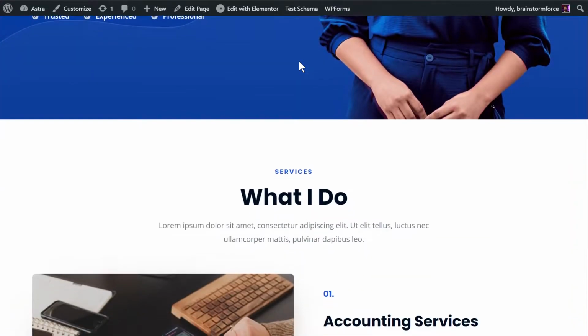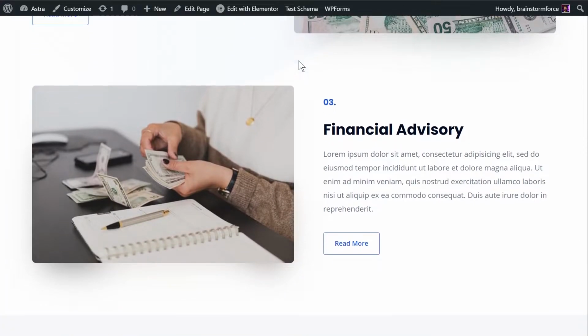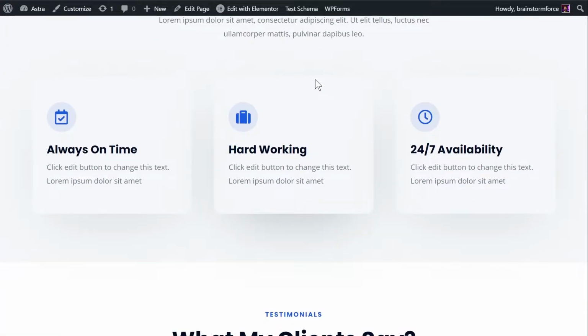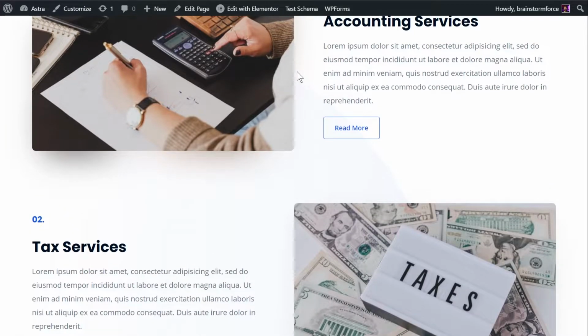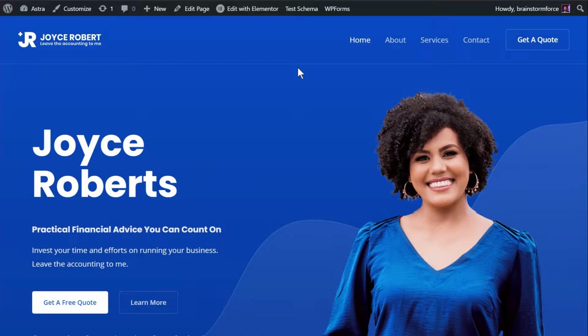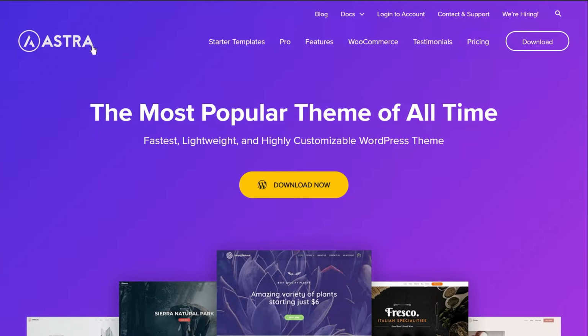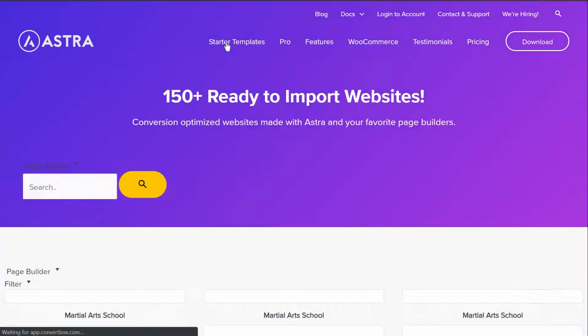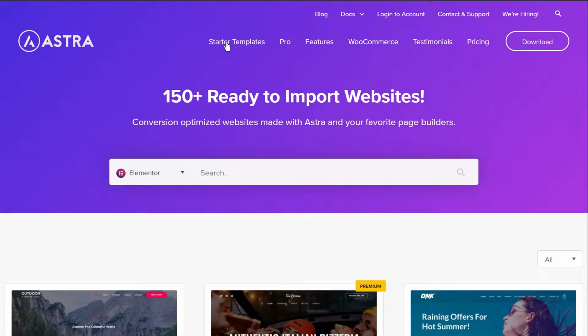So this is the website that I've set up for this demonstration on how to add the FAQ schema with Elementor to your Elementor designed pages. And I just used Starter Templates to set this up quickly in just a couple of minutes. If you don't know what Starter Templates are, they are the easiest way to set up a website. If you go to our website, wpastra.com, you can see the Starter Templates right here. And if you go here, you will see a bunch of different pre-built websites for you.